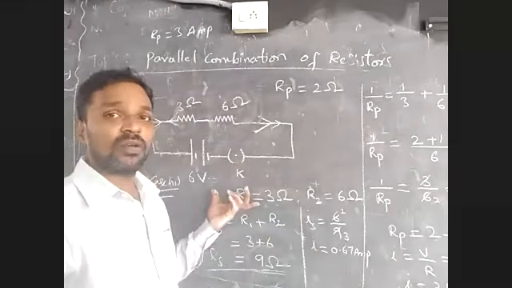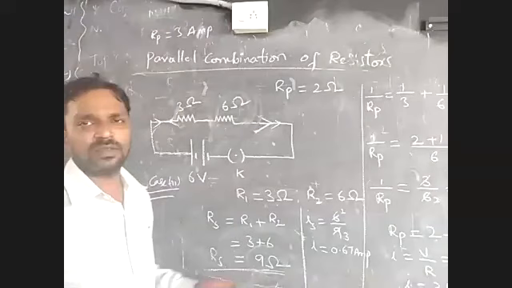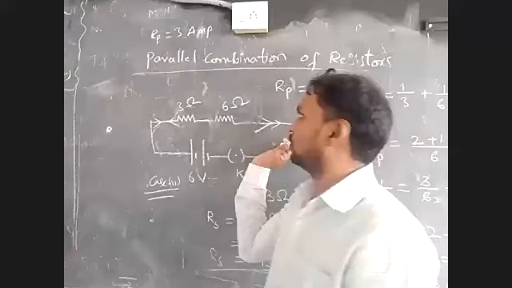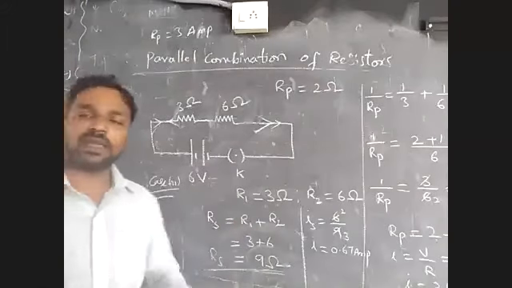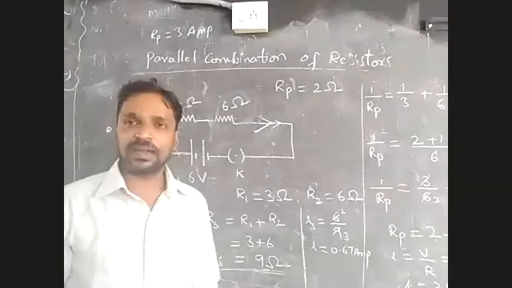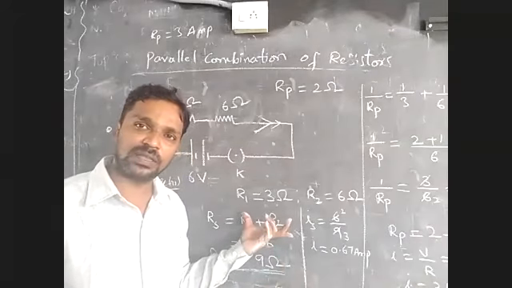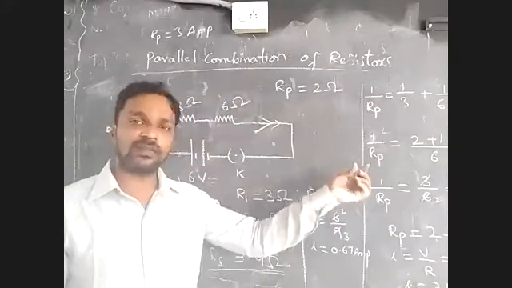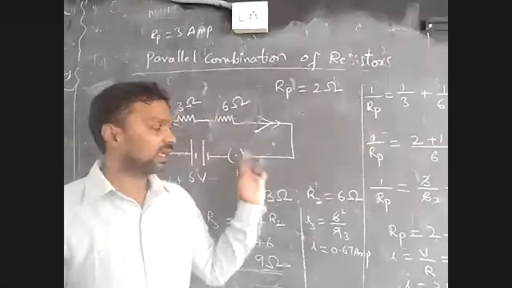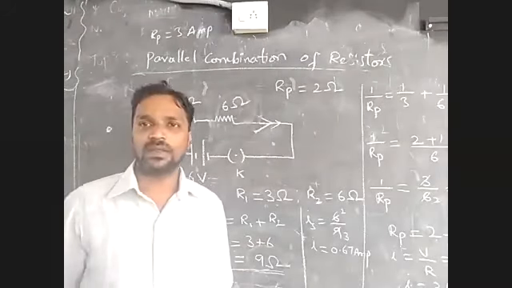And here in series, you get a value larger than the greatest resistance. If n resistors are there and you add one more, 9 ohm, you will get 9 plus 6 plus 3, 9 plus 6 is 15, plus 3 is 18 ohm. Always greater than 9. So this is the main difference. In series, the more electric resistance you add, the resultant resistance will be more than in parallel combination. The more resistors you add in parallel, the value of the resultant resistance will be reduced. Here, as the number of resistors you add increases, the value of total resistance will increase. Okay, this is the thing.